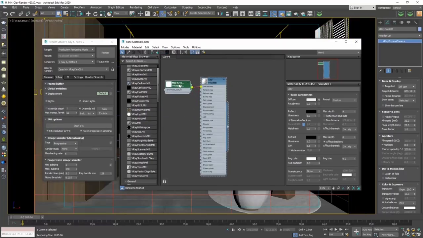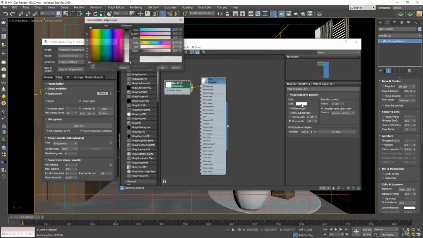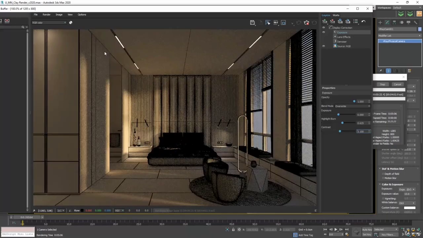Double-click on its node to see its parameters. The color here is the color of the edges. Let's make this black and do one more render. So now the edges of the objects are highlighted, but it's just too much. So let's cancel this render